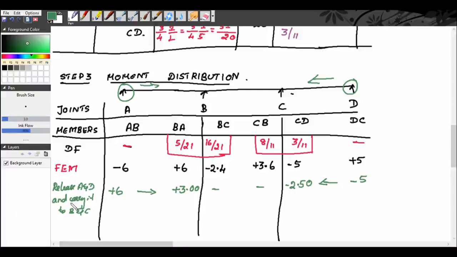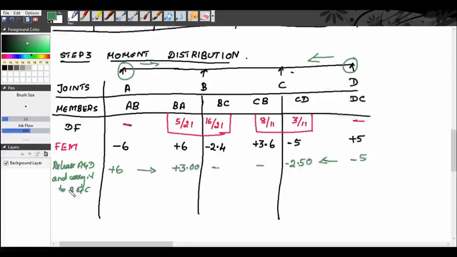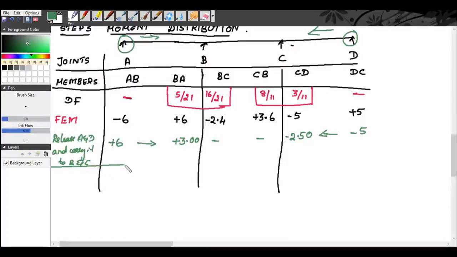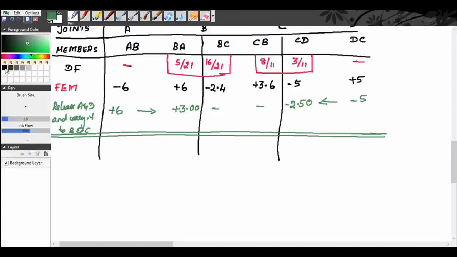So, see, this is your initial steps, which you will not add for the final end moment. So you put a double line here. Okay, you put a double line. So if any one of the extreme ends is a hinged support, you do this step. You release and then you put a double line. And now our analysis starts again. So as usual, first it was fixed end moments. Now we will start with initial end moments.